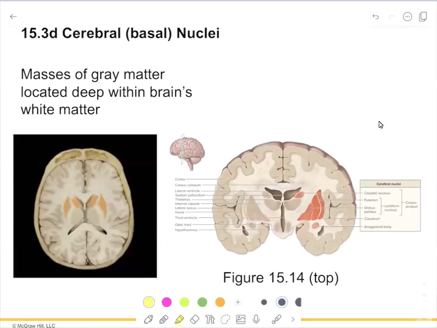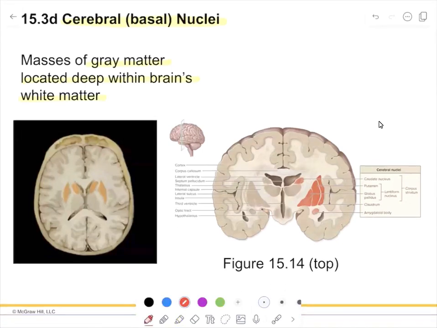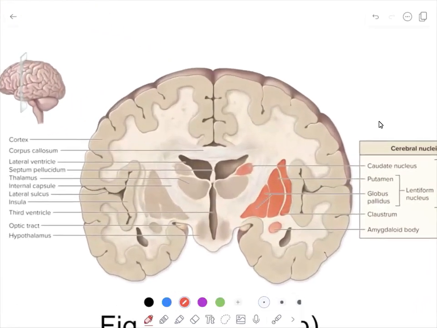Within the cerebrum are basal nuclei, which are collections of gray matter. They're almost like islands of gray matter located deep within the brain's white matter. So in this cadaver image, a transverse image, we are seeing specifically basal nuclei. It's not important that you know the specific names for the basal nuclei, but as we zoom in a little